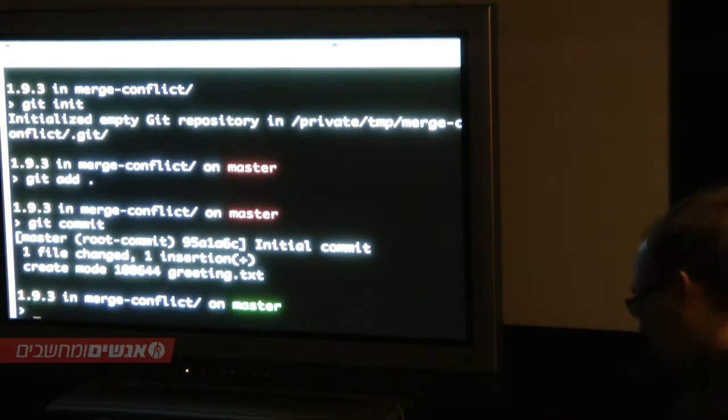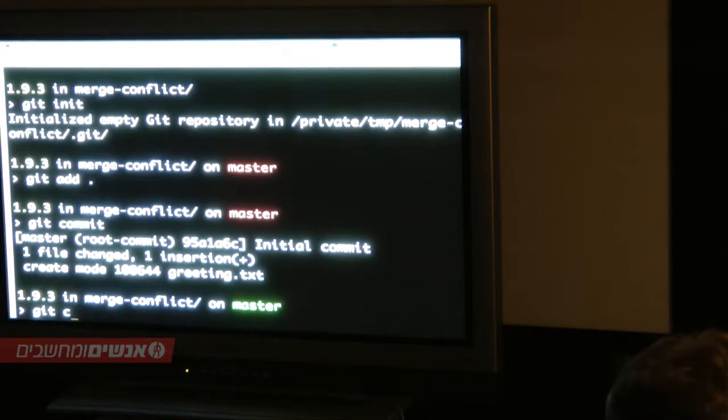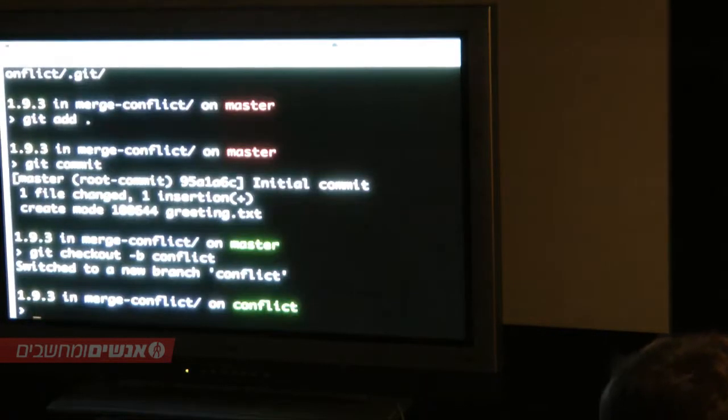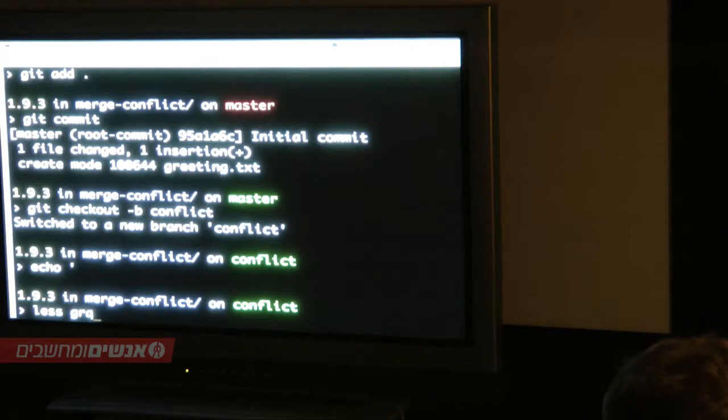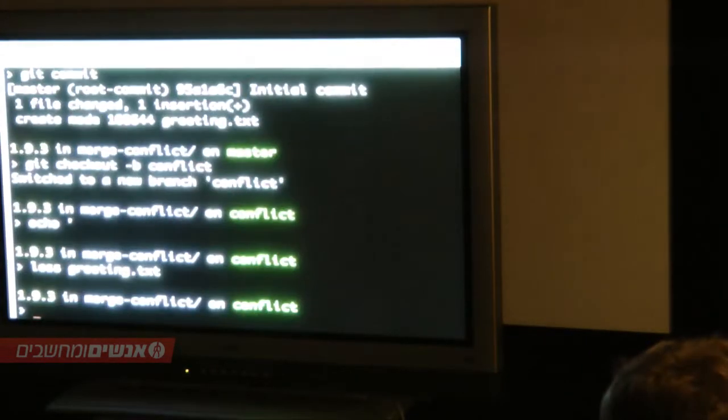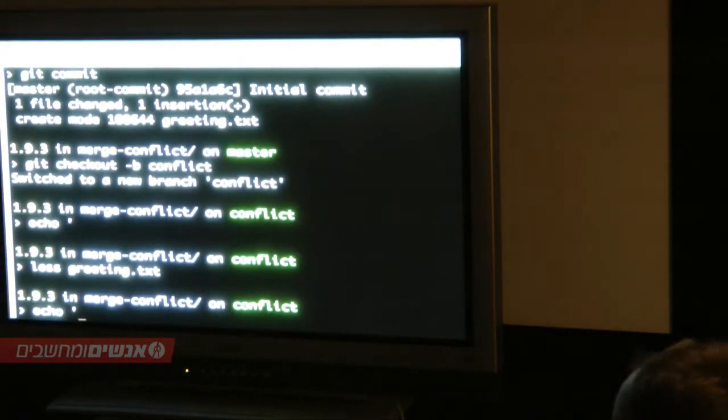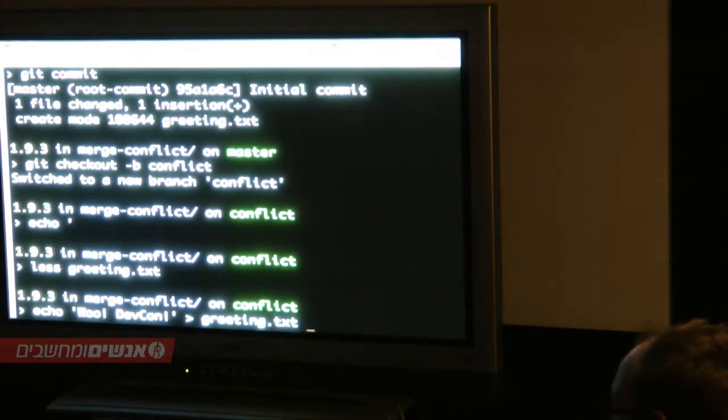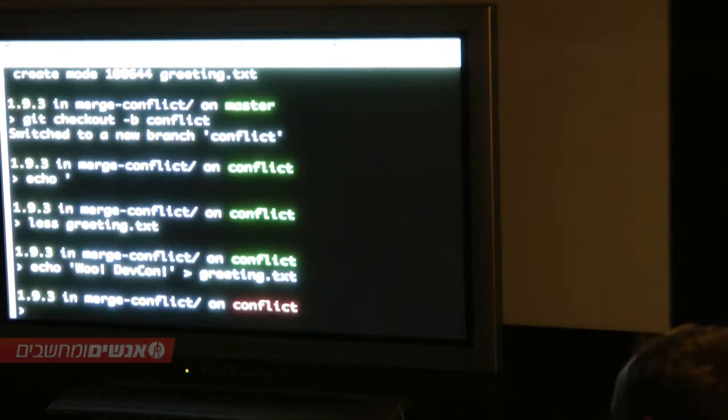I'll go ahead and check out that other branch. So here we're going to change that one line in there to, what did we have in there initially? So yay. Let's write woo instead. So a pretty simple change, but it'll get us what we need. So we'll commit that.